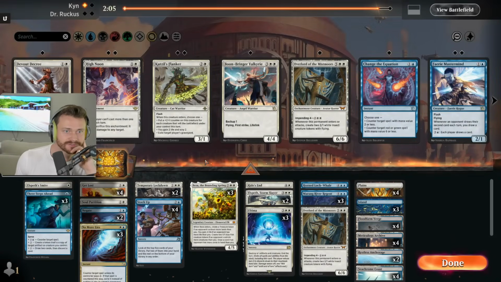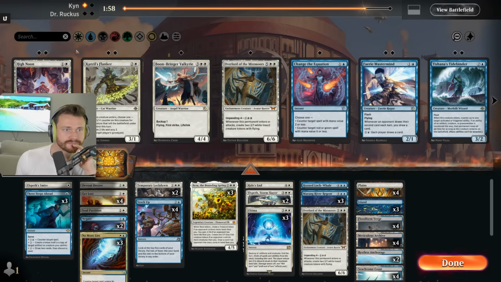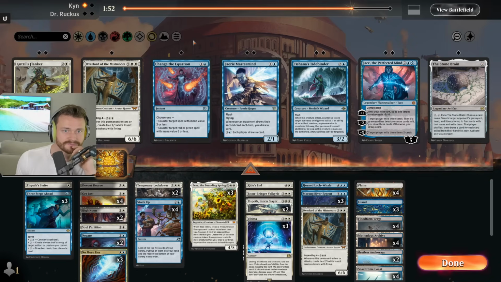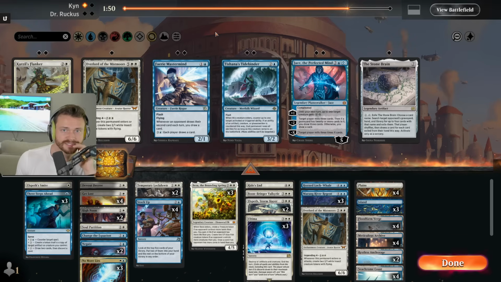More than one spell each turn is actually kind of interesting against them. There's plenty of targets if we just need a removal. High Noon doesn't seem awful against their game plan. Easy lifelink would be nice. Plenty of red spells to counter. We don't know if they run the Tidebender. Or if they run the,